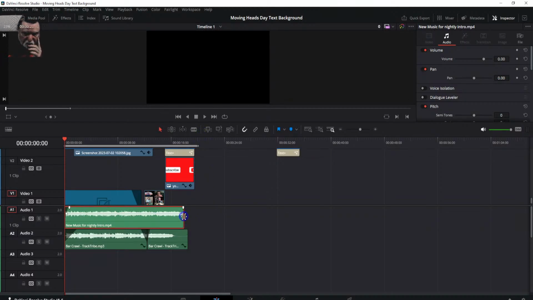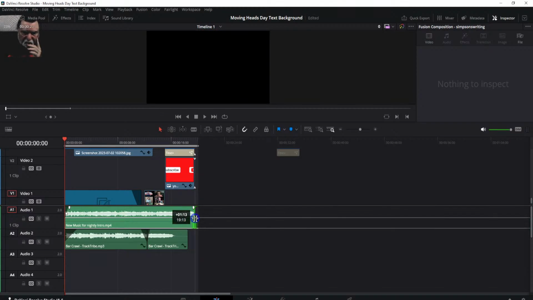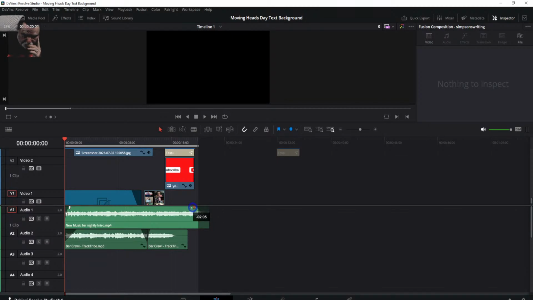So now by doing it the way I did it, I can grab this and bring it out here. I'm going to go a little past it because I'm going to fade this back as well to about right there. I want it to fade in. I want it to fade out. And I know it's going to be a little bit loud.